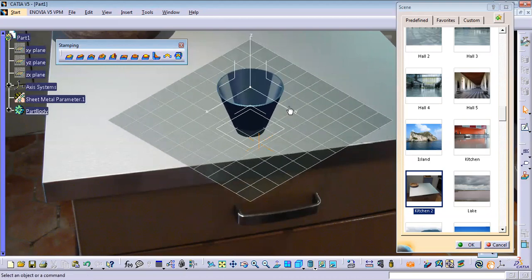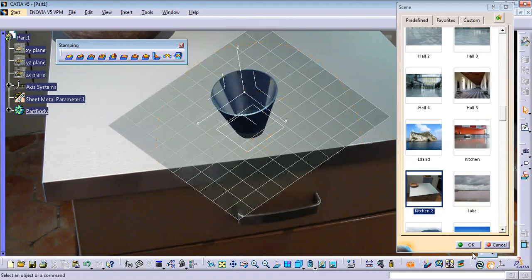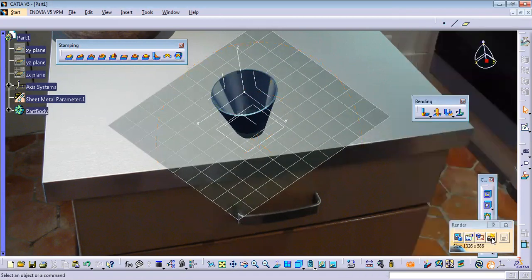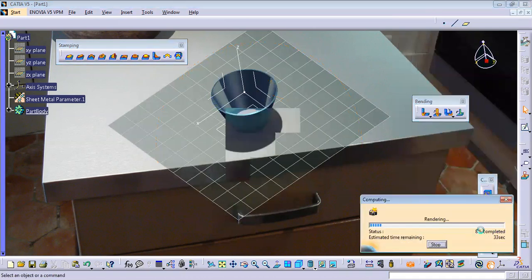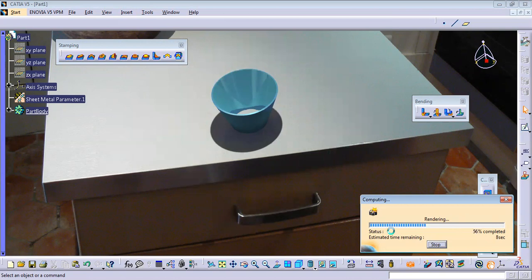It is just a way of representing it. I'll keep it something like this and say okay to this. Now I'll click on render again. As it's a basic thing, it is taking less time. See, it is more realistic, right? Yes, sir. So this is how we do rendering.